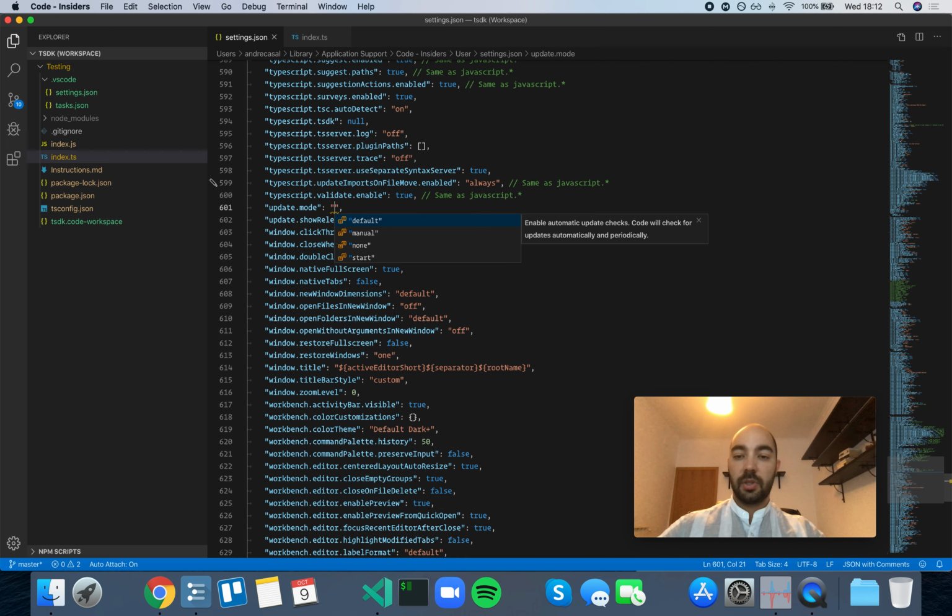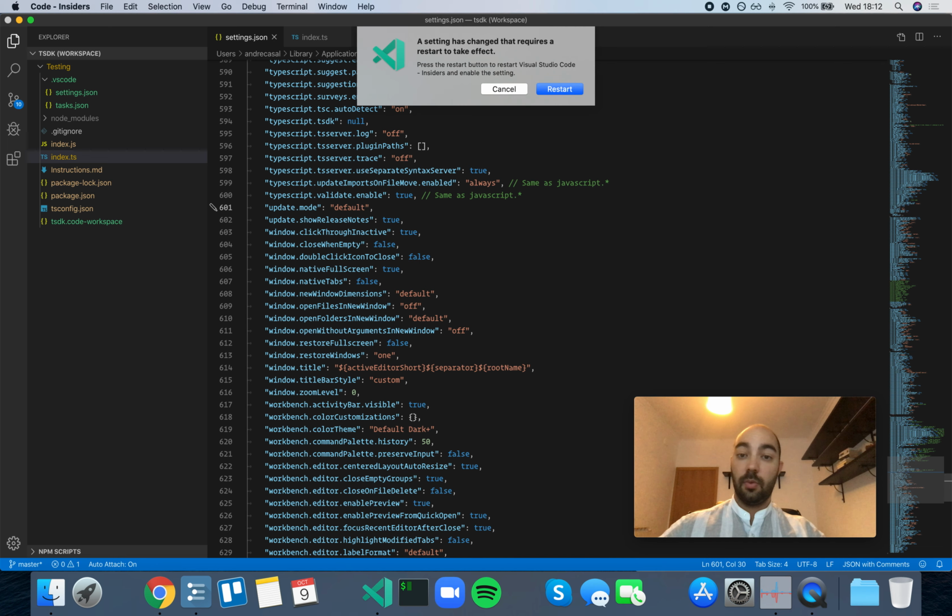I think the default option is perfectly fine. So VS Code will periodically check for updates. And if you want to install them, go ahead and do. Otherwise, if you want to do what I do, which is every time